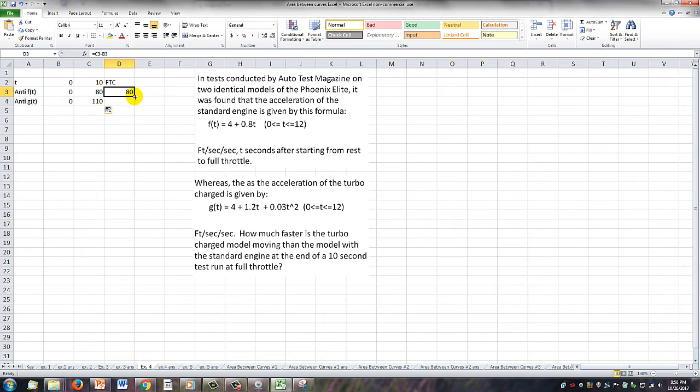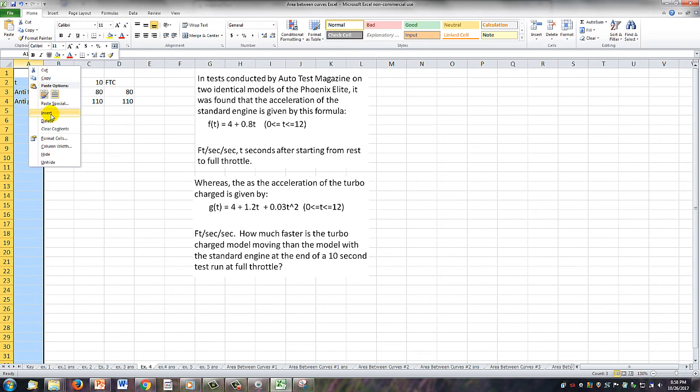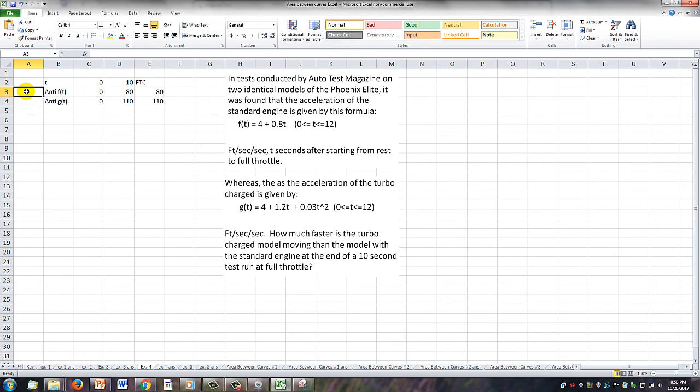And then the FTC formula is here. So I'm going to add this so we can keep track. Remember, anti-f of t is the standard engine, and this is the turbo engine. And if I want to find the area between the two curves,